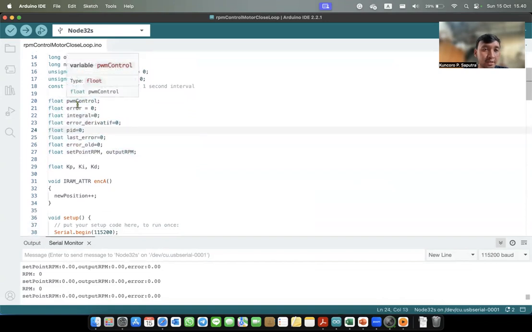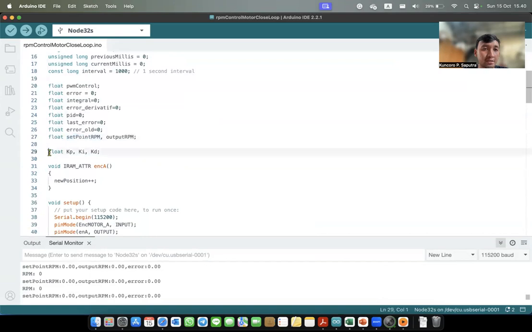We have PWM control, error, integral, error derivative, PID, last error, error old, set point RPM and output RPM. And the last, for the initialization of the variables, we also have KP, KI, and KD variables.